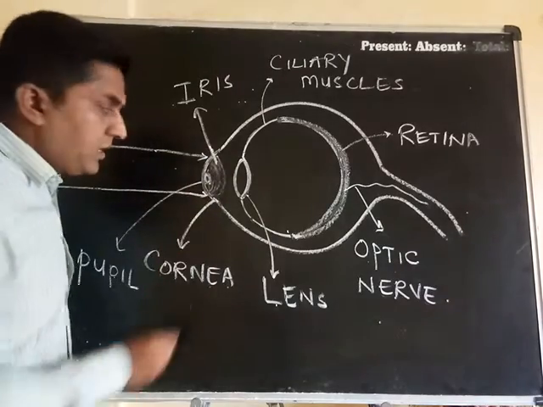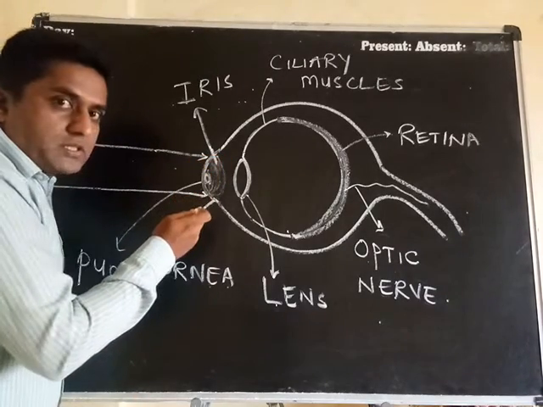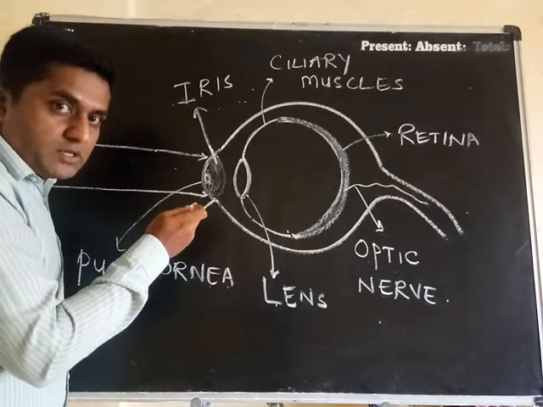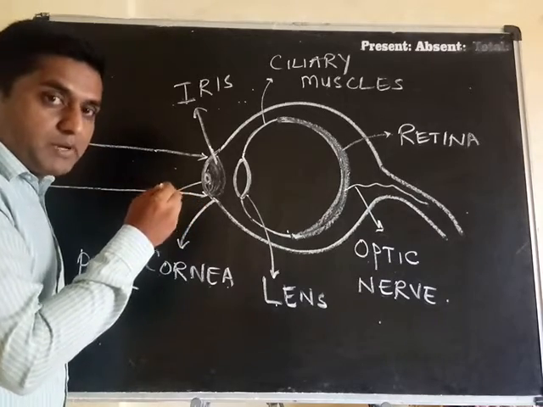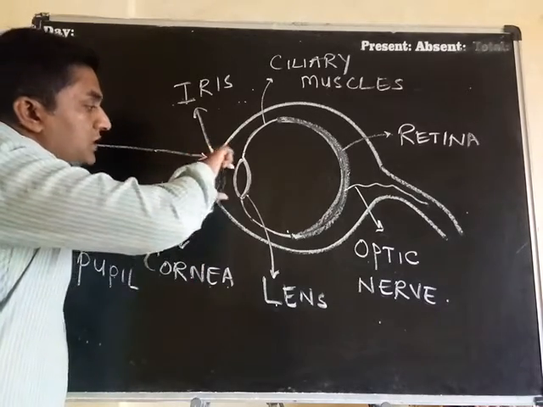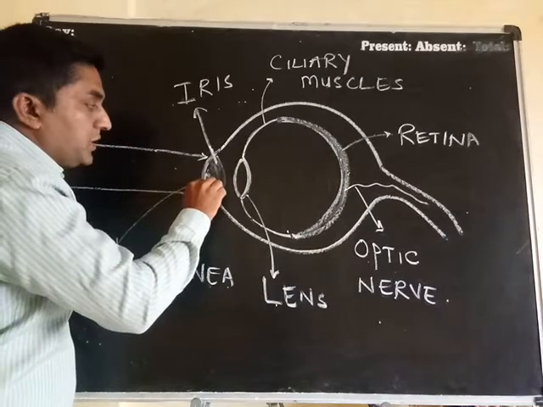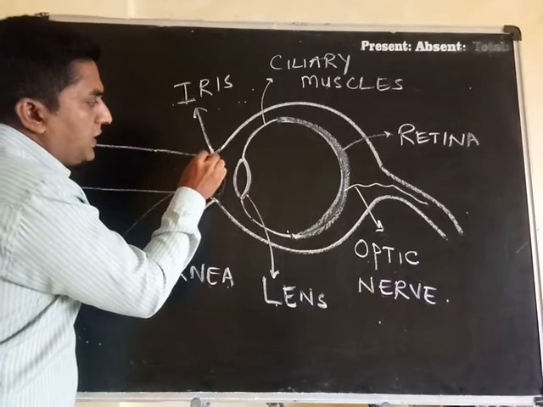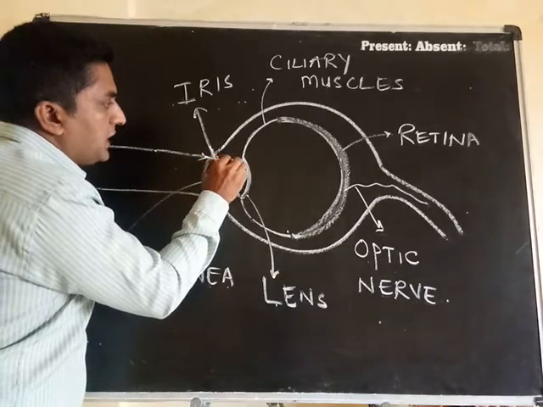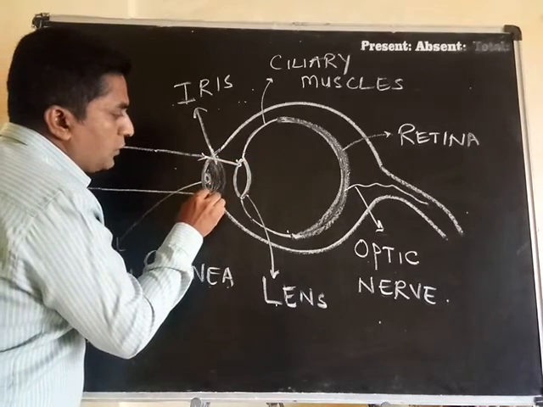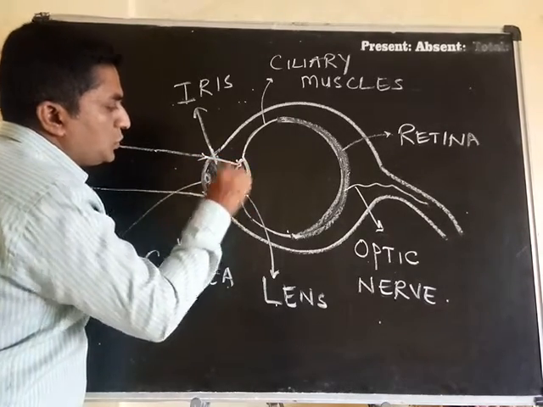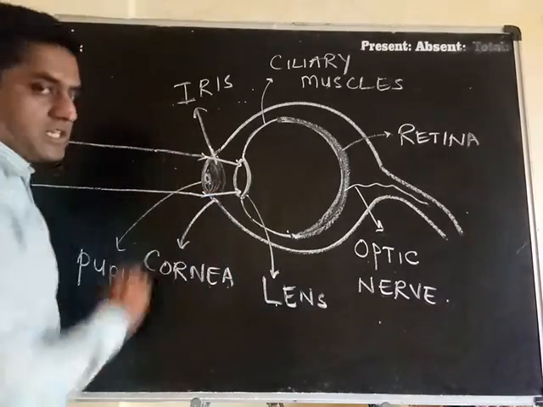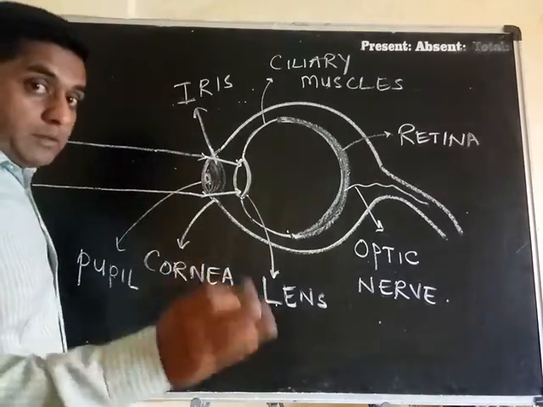Now, how is the cornea? The cornea is convex. Okay everybody, it is a muscular and transparent membrane. It will converge the light because of its shape. After convergence, the rays of light will go towards the lens this way. They are going to converge and further go towards the crystalline lens, a double convex lens.